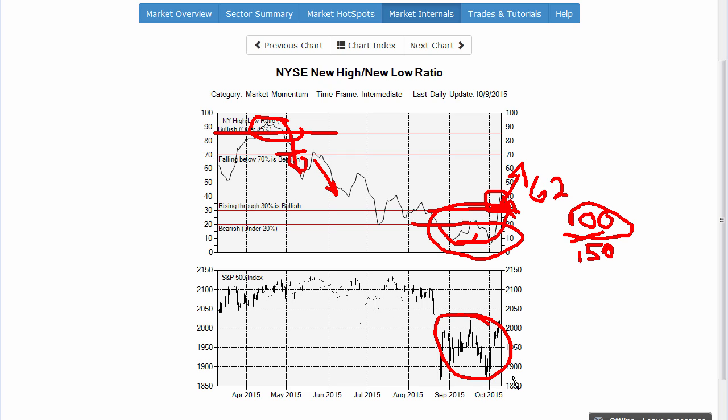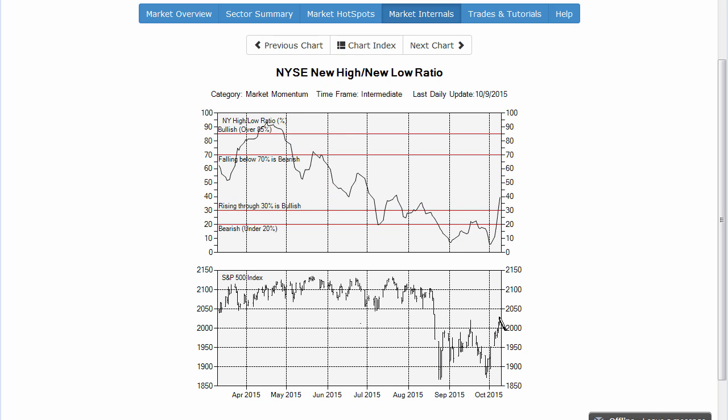All right, so when I say this doesn't really jive with the McClellan, that's what I mean. That said, McClellan and the other indicators could have this pull back, indicate this is going to pull back in here.